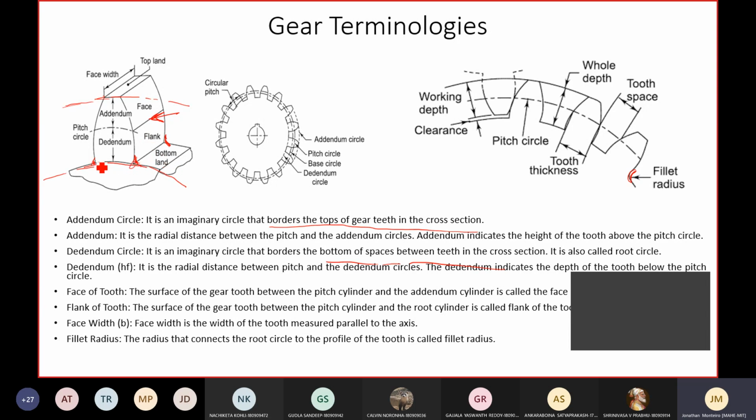And also we now know where the stress concentration areas are. Though the tooth can be described as a simple cantilever beam, at the edge part, that is the bottommost, or we call it the root part, the area between the flank and the bottom land is where the stress concentration will occur. So this is about the gear working, or you can say the gear profile. Now we'll look closely at this profile. What is it called and what is its importance?